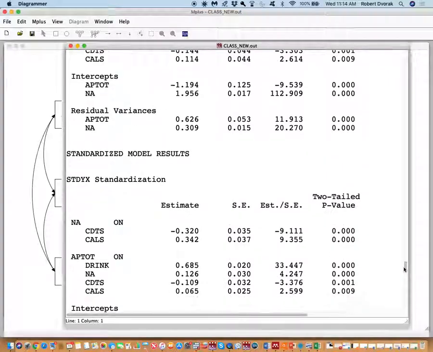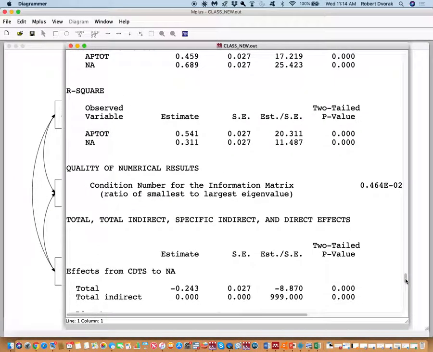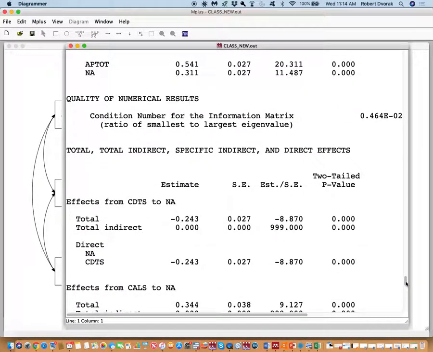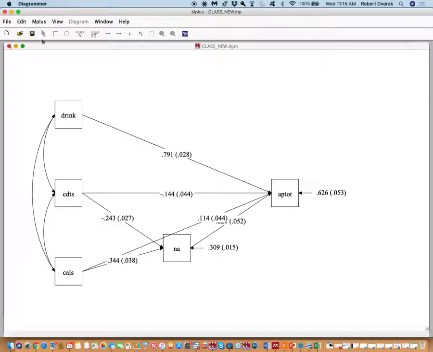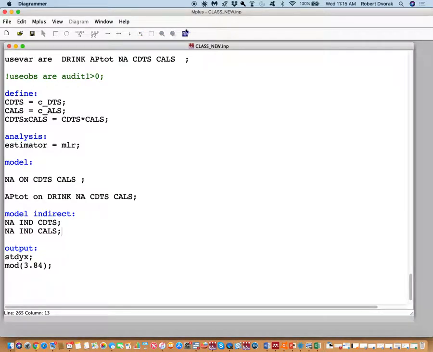There's our model fit and everything that goes with it. Standardize, R squared. Yep, I did do it right. Here is our indirect effect. We have a total effect of this. Oh, aha! So I did to NA. Actually, if we look at that again,